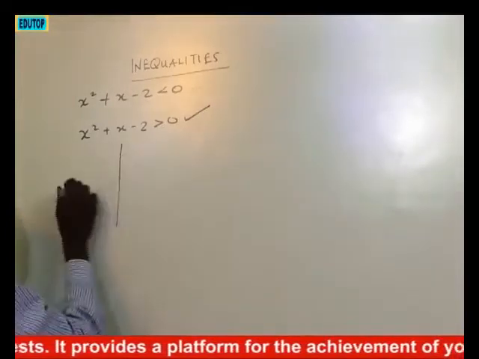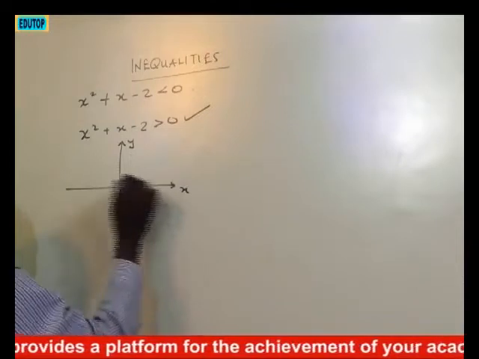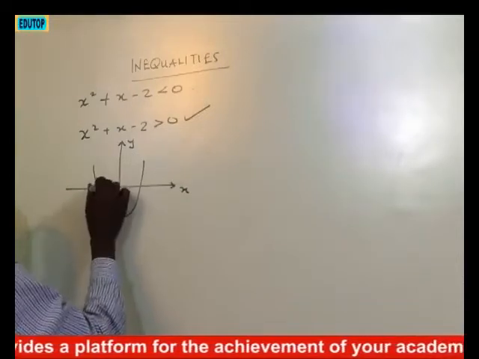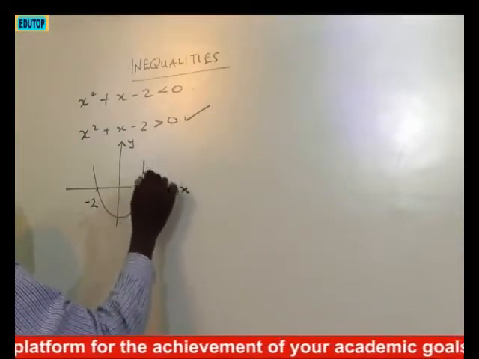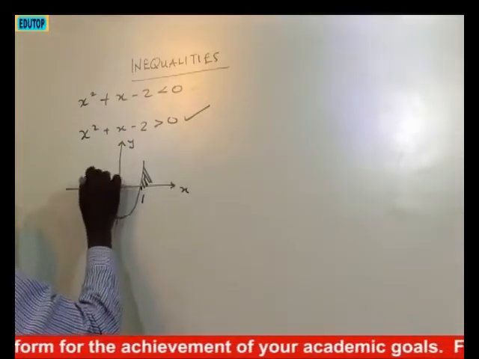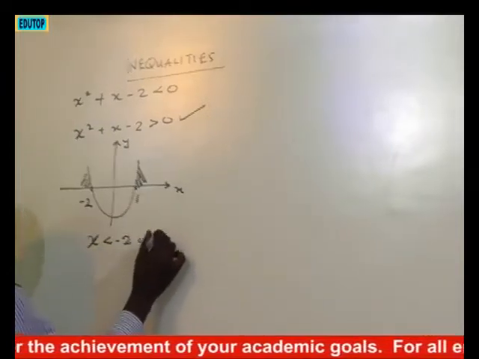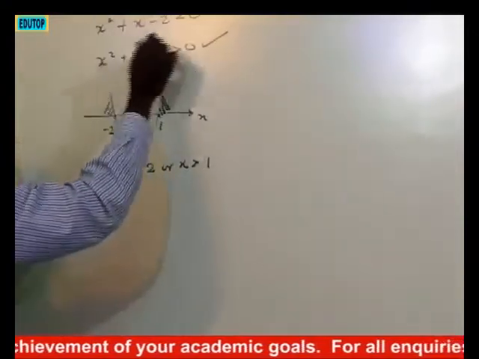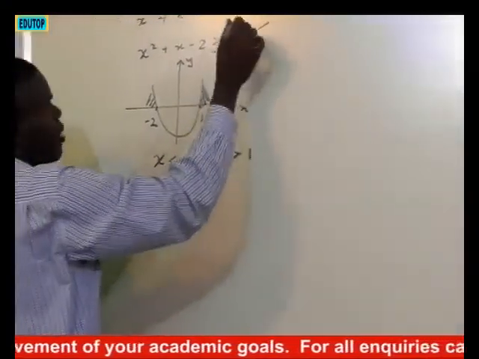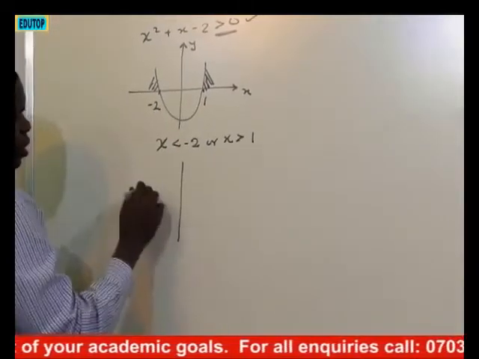So when I have a scenario like this, where this is my minus 2 and this is my 1, and I shaded the positive region, this region and this region, I said the solution is x less than minus 2 or x greater than 1. Now let's consider this one, because this one is greater than 0, but this one is less than 0. Let's consider this one. We have the same